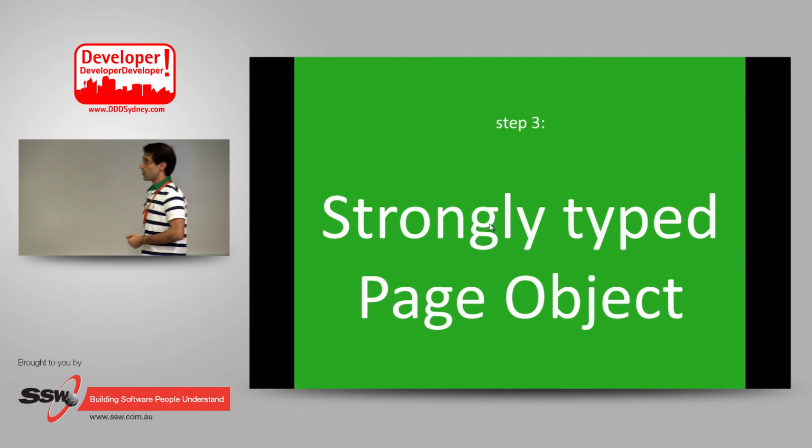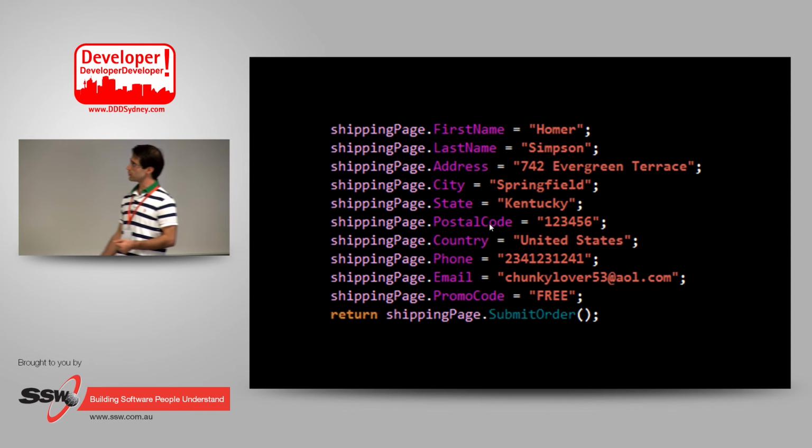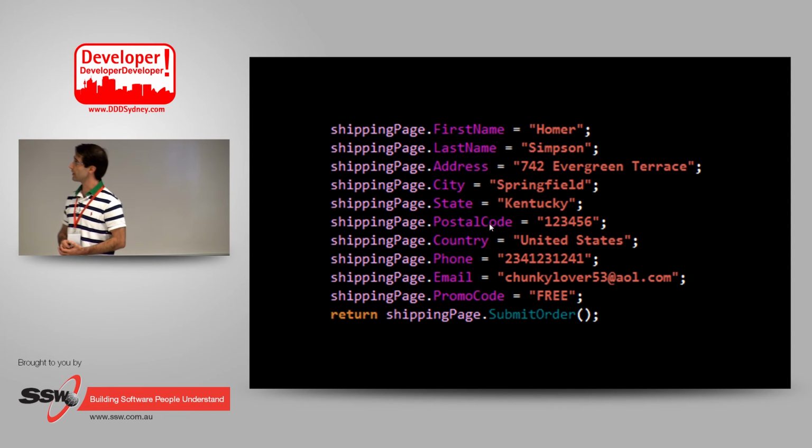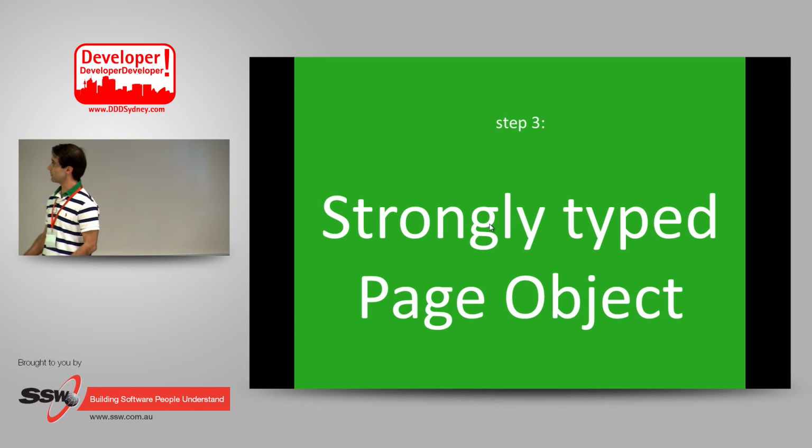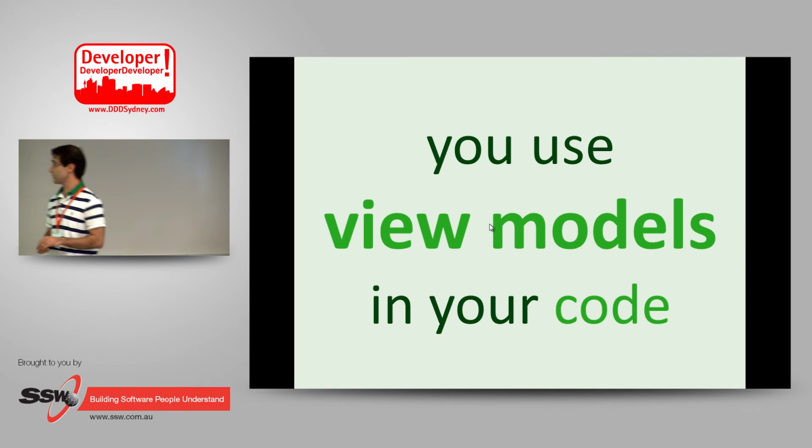Step 3 is strongly typed page objects. So what would we do in our code if we had something like this? There is a pattern called parameter object, and that is to create a property bag, which you can use to set up these properties on. So you set these properties on a property bag object, and then you pass that object into your method, right? So why don't we do the same for our test? After all, our tests are our code as well. So we'll use strongly typed